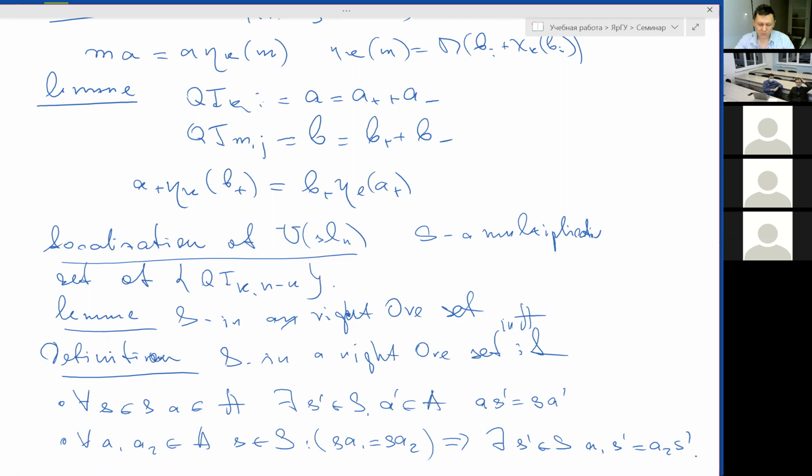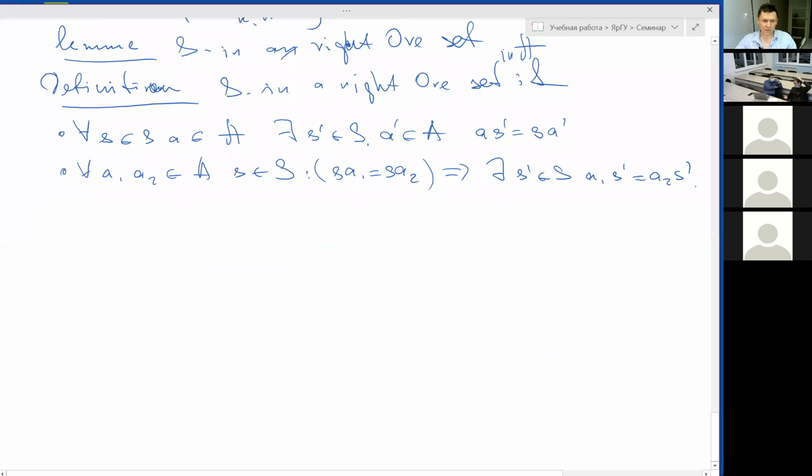If we consider the multiplicative set generated by the highest coefficients of polynomials, this allows us to define the correct localization of our non-commutative algebra. Correct means that it is flat in some sense. So it's a good deformation of the commutative localization. So in our case, the quantum algebra is a localization